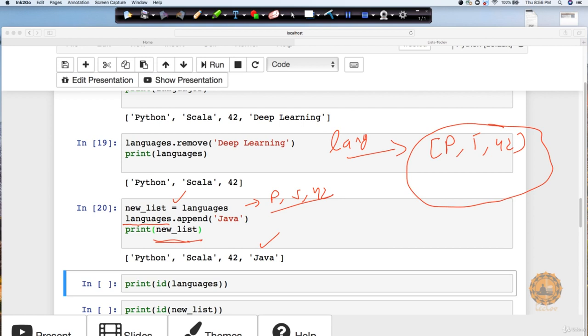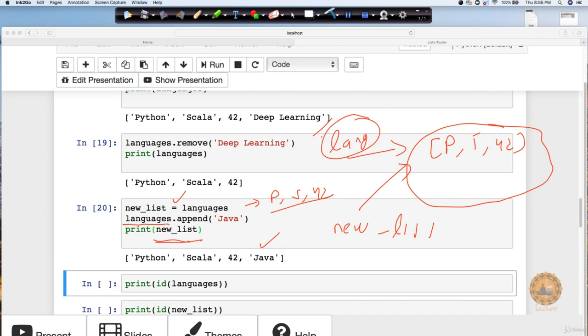Now as soon as you assign new_list to it, it is not creating a separate copy anywhere. Instead, it is just sharing the same address as the languages variable. Interesting. So that's the reason when you make a change in languages, or in new_list, it will also impact the other variable, because you are actually updating the same memory address.